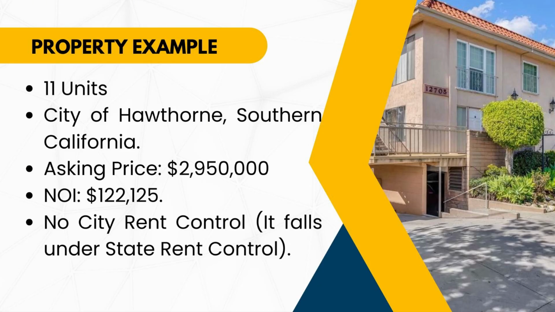Okay, asking price for this property, again, 11 units, $2,950,000. Okay, we've done a lot of work up to this point on previous videos, so I'm going to ask you to go back to those videos if you haven't watched them so you know how we got to this point. Okay, now with the NOI on this property currently is $122,125. Again, let me repeat that. $122,125. That's important to know. Okay, so I'm giving you the figures. And for this scenario and this property,